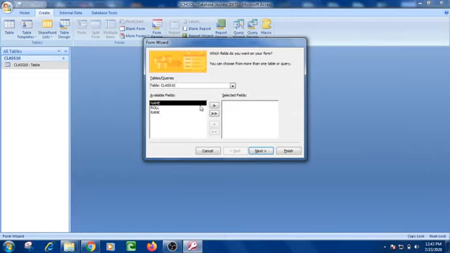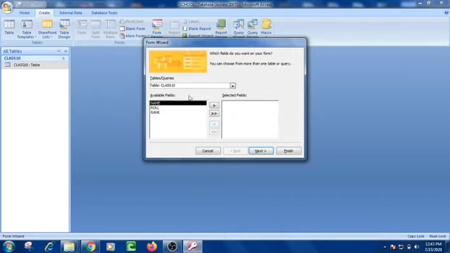Suppose that I am selecting name, then click on this button. Then I am selecting roll number also, then rank also. This is the way to select the fields, or you can remove the fields also from here.